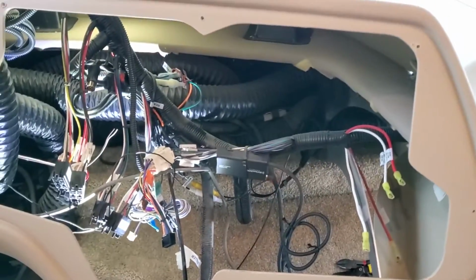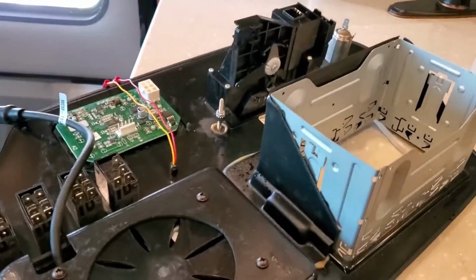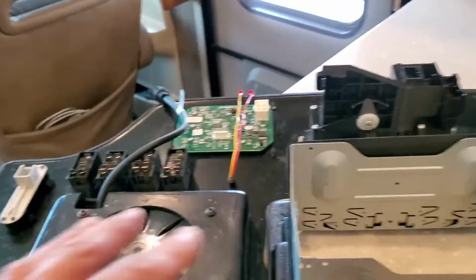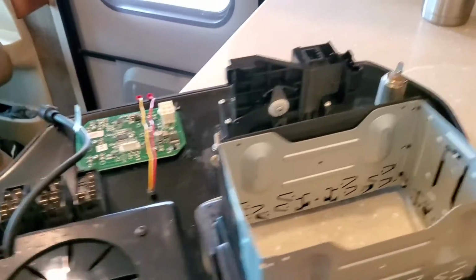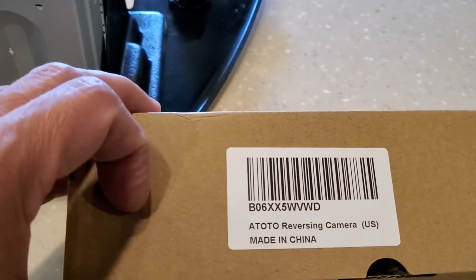Now I did also, while I have this panel out, this is the back of the front panel there, I'm going to be making a hole for a switch. I'm going to put a switch in here while it's out with nothing connected. It's going to be easy to determine where I want that switch, because I got the ATOTO reversing camera,